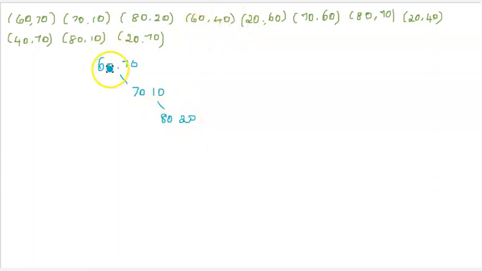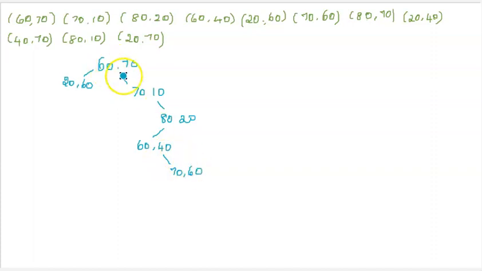Then (60, 40). Again 60 is equal on this x-axis, so hence it is put on the right side. Now comparing with 10 and 40, you have 40 greater, so it will move towards the right. And comparing 80 with 60, (60, 40) is smaller, so you will have (60, 40) here. Okay, then (20, 60) will be put here. Then (70, 60), so 70 will be compared, and it will be put in this place, right?